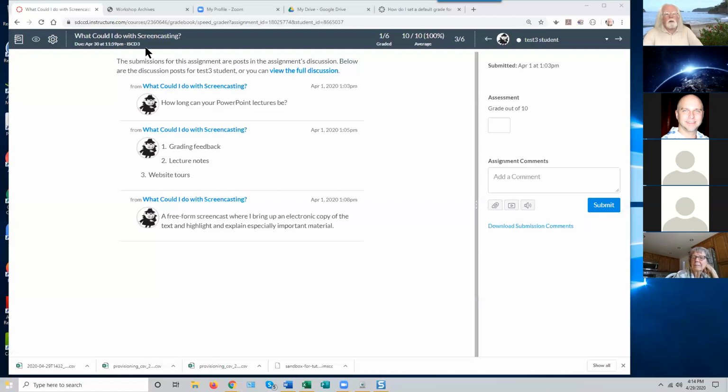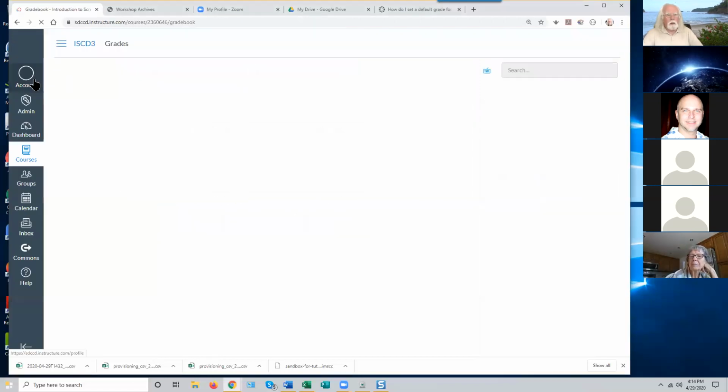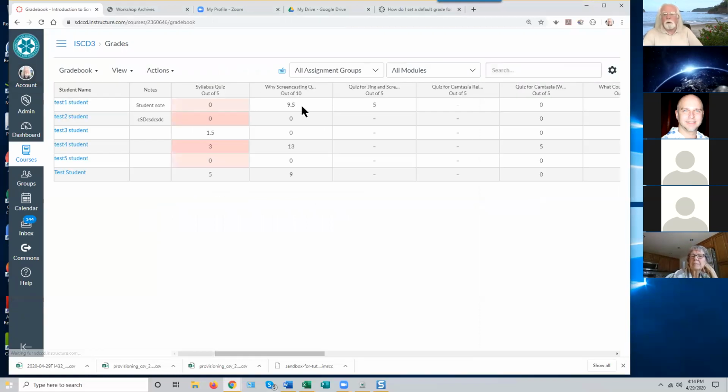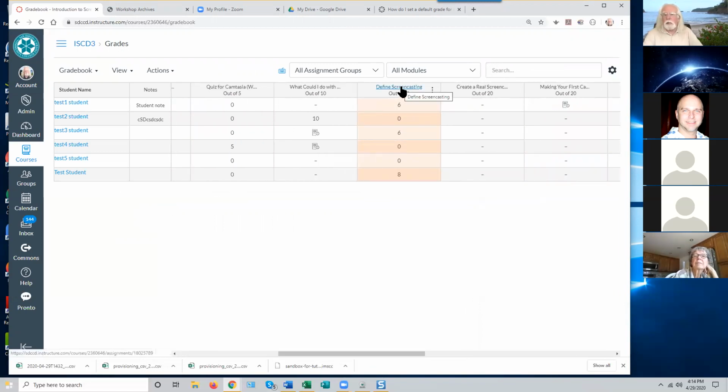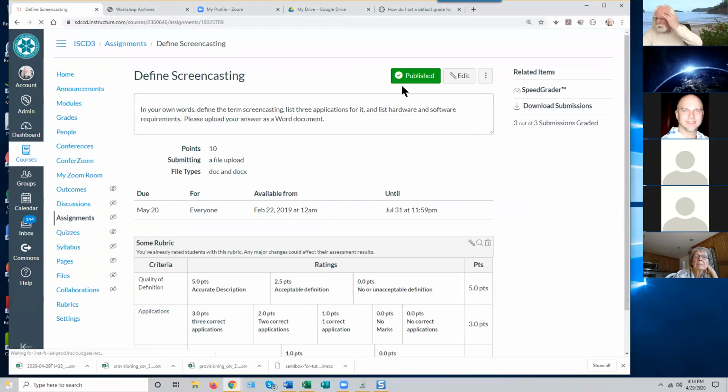Let's take a look, for instance, at that homework assignment we graded, the defined screencasting assignment. There it is. You can always go to the assignment itself, or the assessment, by clicking on its name in the gradebook, in case you can't remember quite what that was about, which happens to me more and more frequently these days. So you can get to the actual page that defines the assessment. And if I edit that